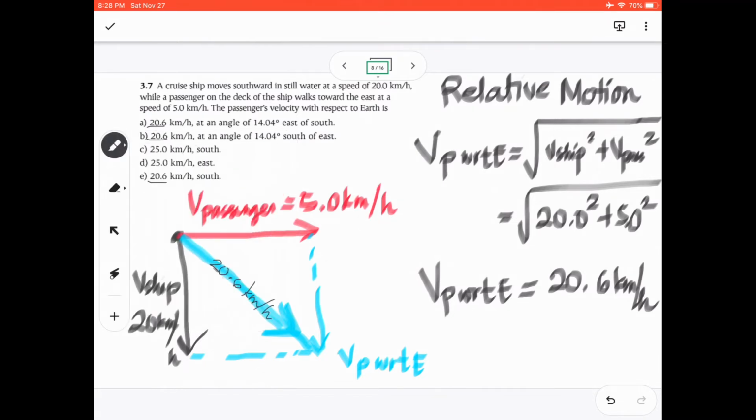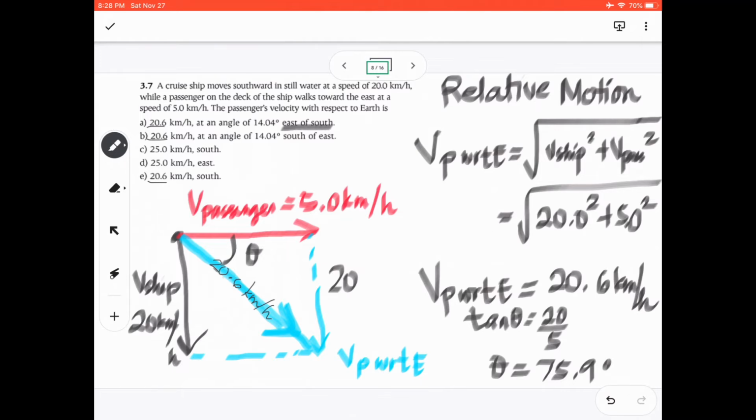So we can use tangent. Okay, tangent theta is equal to 20 over 5, because this is 20 and this is 5. Here, the red line is 5. We're solving for this theta. Then theta in this case will be equal to 75.9 degrees. And then if you look at your choices, there's no 75.9 degrees, but then we have the directions